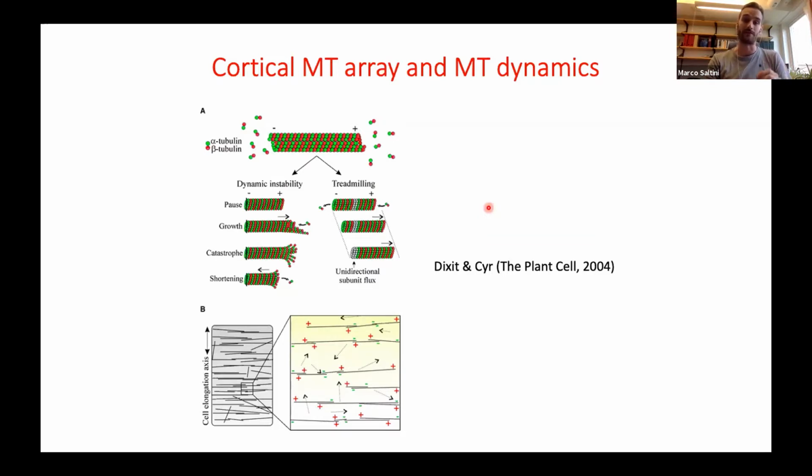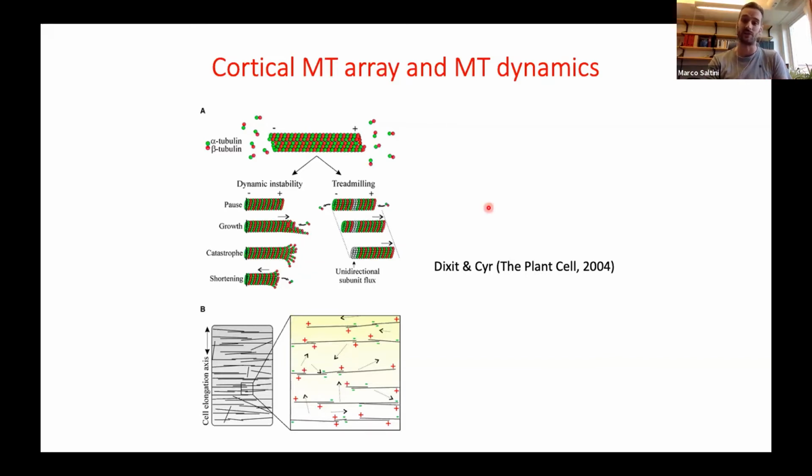Its function is strictly connected to its spatial organization, which depends on the dynamics of the microtubules that are part of this cortical array. In particular, central to the spatial organization of the cortical array is the generation of